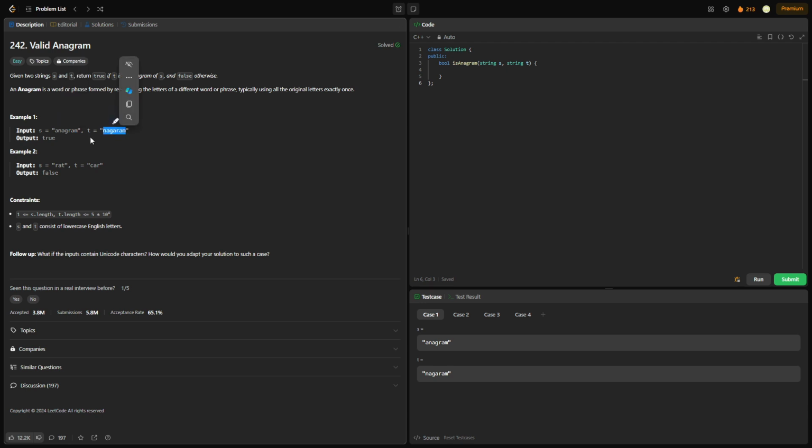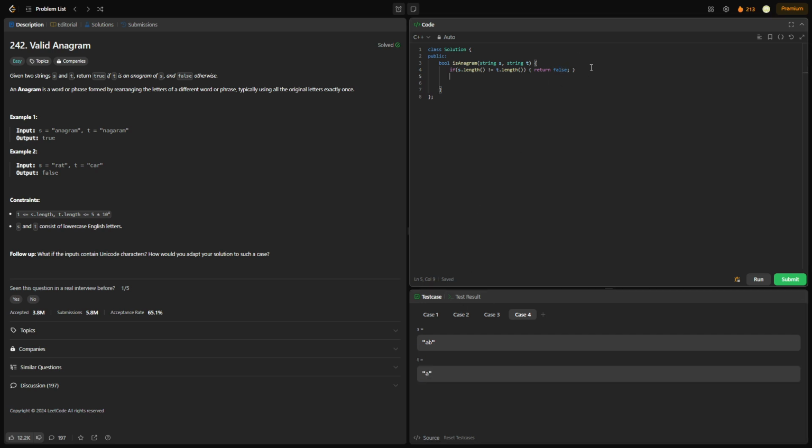So given that we're working with frequency of letters, a hash map is a good place to start in terms of our approach. So let's do that. But before we even do that, we're going to handle an edge case. So we're going to say if s.length is not equal to t.length, then we return false. Because if we have an example like ABA, we can't really form AB given only A. So how can these be anagrams of each other? So in cases where they're different lengths, we just automatically return false because we know for sure they can't be